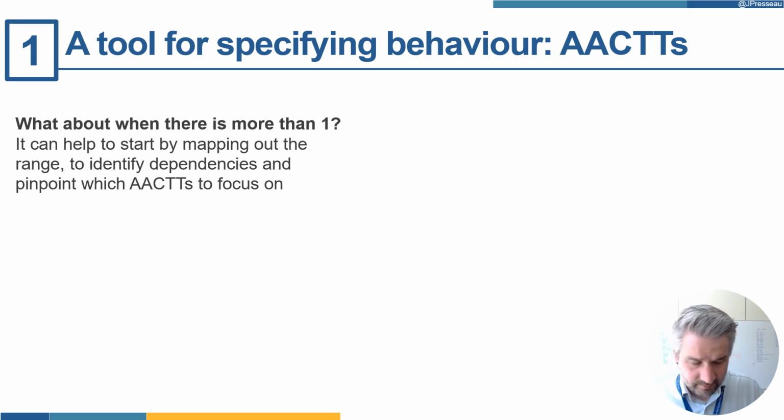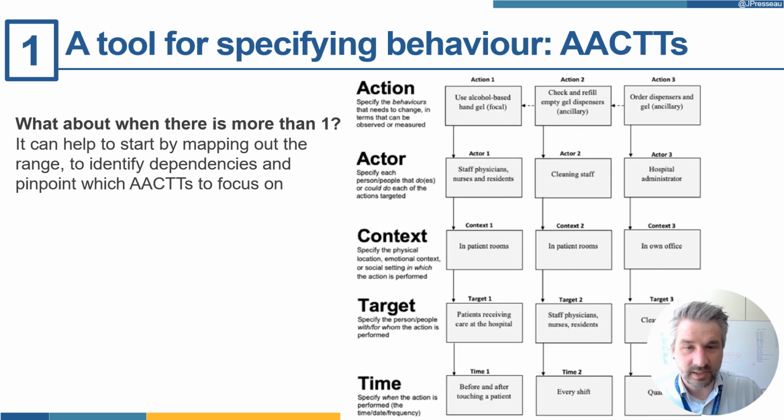Often when we're talking about an implementation setting, it might mean more than one person or more than one behavior, and there are extensions to this particular framework for thinking through how behaviors are connected to one another, and how different actors might be responsible for those different actions in different contexts, targets, and time. So really this is a way of, first of all, getting on the same page about who needs to do what differently, and then trying to understand and pinpoint where there might be pinch points and barriers and enablers for each of those changes to happen, and putting in place strategies to mitigate those potential barriers.